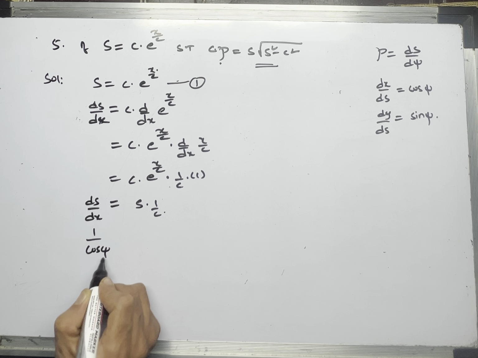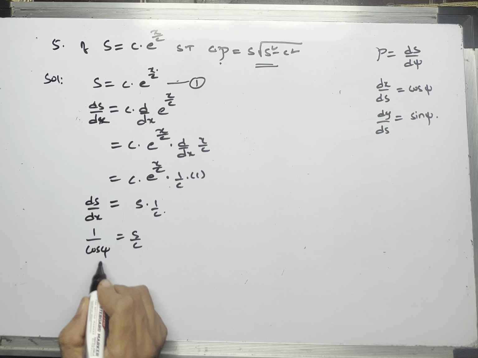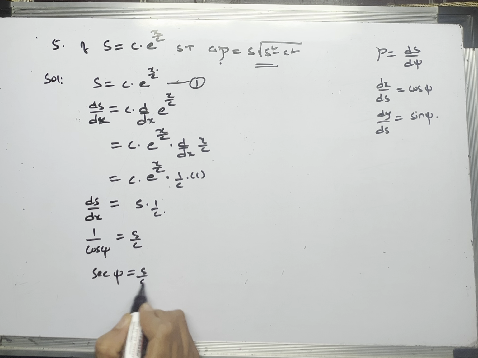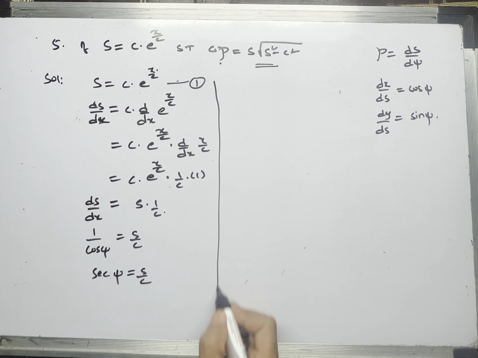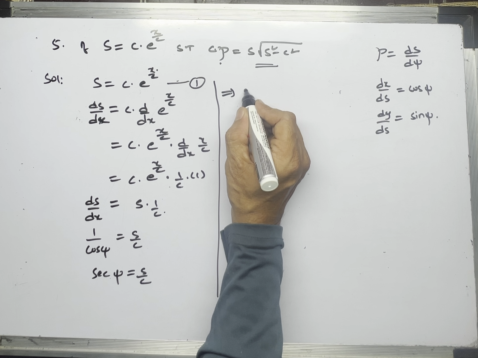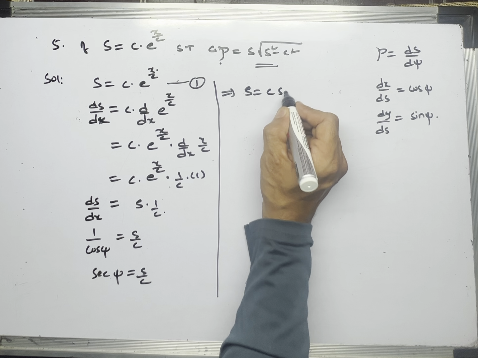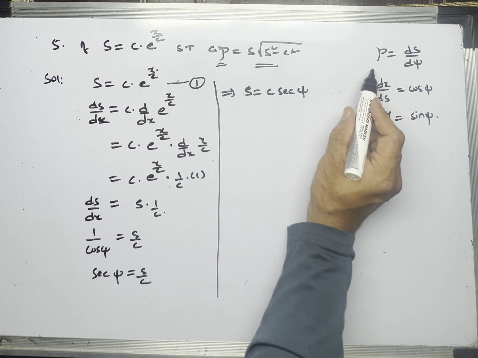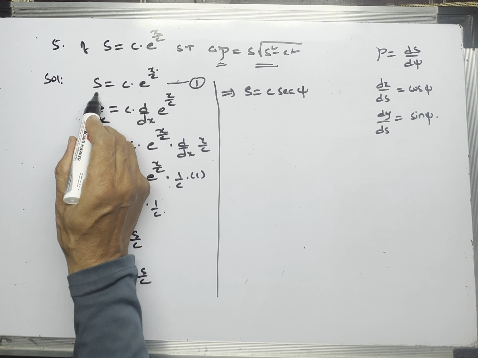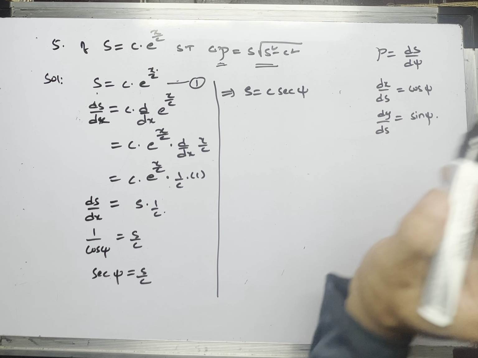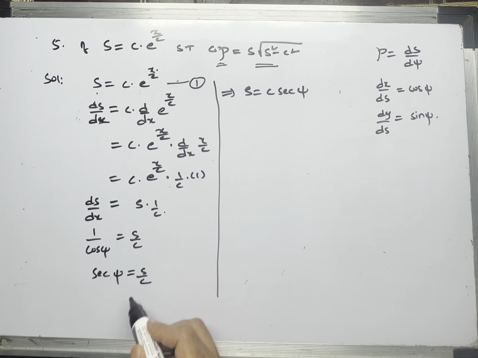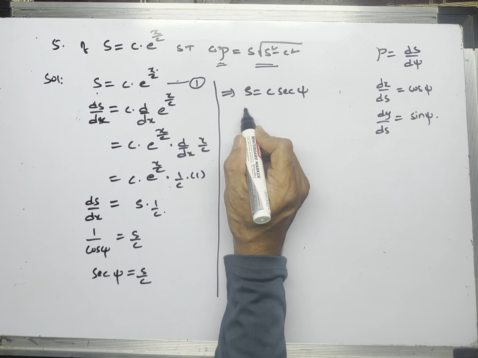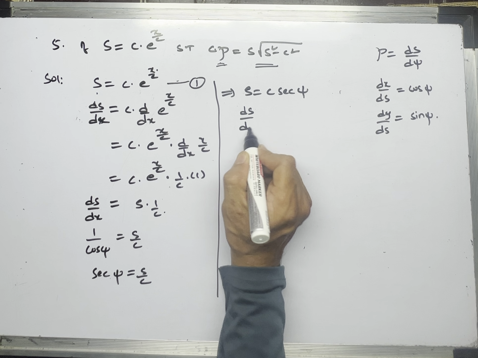So this is cos psi equals s by c. 1 by cos is secant. Secant psi equals s by c. This implies we will get a function in terms of s now, c secant psi. Once we get s, now we can easily find radius. Previously also the question is in terms of s, but the question is not in terms of psi. So we need psi. For that we have to differentiate with respect to x, then cos or sin we have to substitute in it. Now we have to differentiate with respect to psi